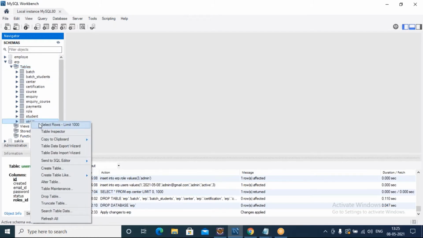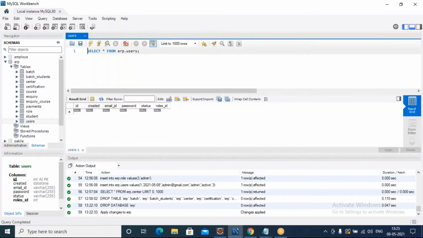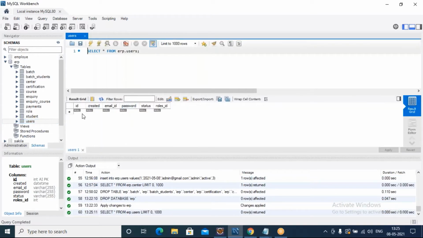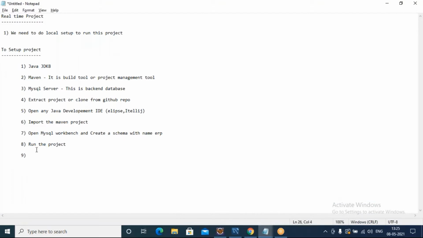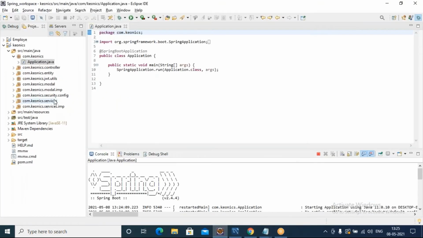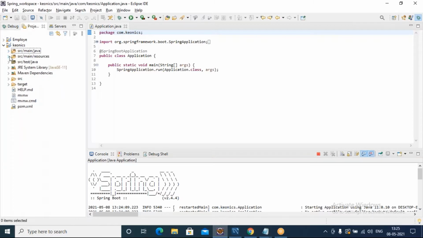I will just go to the users table, and I see no users are there, no data is available here. So the next step is to go back to your Eclipse. In your Eclipse, you see this main resources folder.